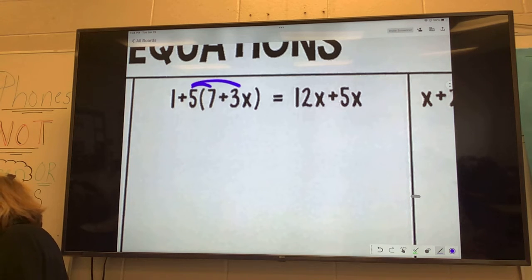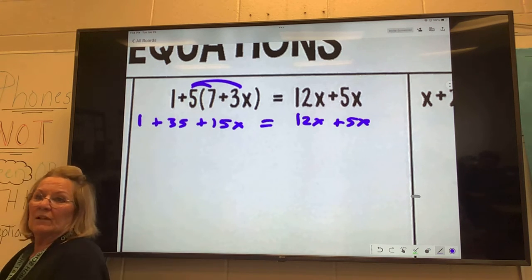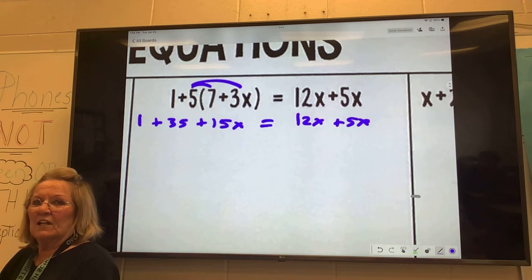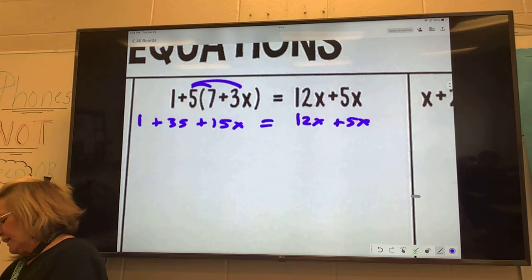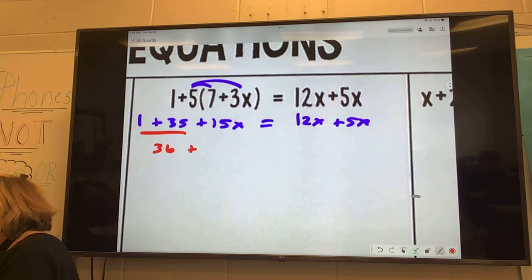I'm going to distribute 1 plus 35 plus 15x equals, nothing over here to do. I could have combined them, but I'm not going to because I'm going to do one step at a time. The next step is to combine your like terms. I can combine those. So I have 36 plus 15x equals